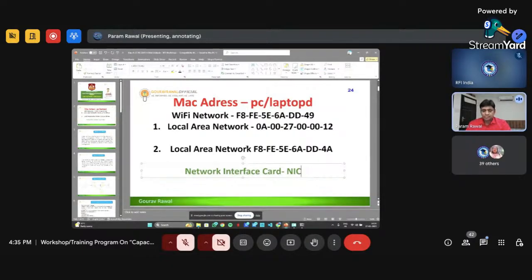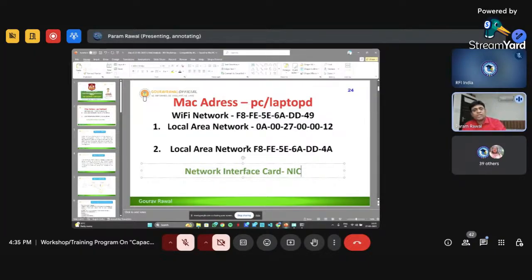Suppose I am using a Wi-Fi router at my home, maybe Airtel, maybe Jio. In my case, it's a Jio router. My laptop is connected, sharing one internet connection through the router. So one NIC, so one physical address for my laptop.